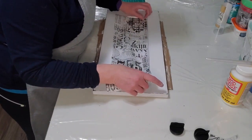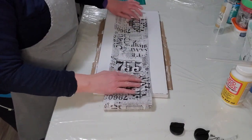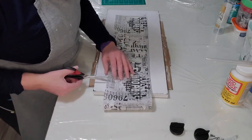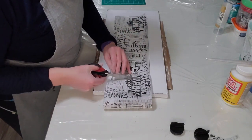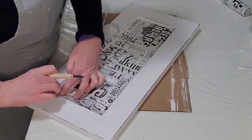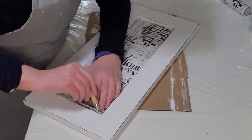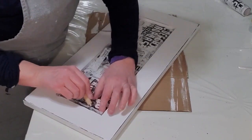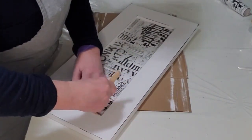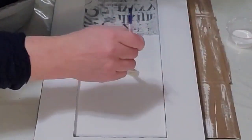So I haven't told you what kind of DIY I'm making with this cupboard door yet, have I? So right here I'm making actually a coat rack, or somewhere you can hang your totes, your bags, anything you want, some decorative piece. So I've cut out the decoupage paper to fit on the inside here. And I'm just using an X-Acto knife to cut along the edges so that decoupage paper will fit in there